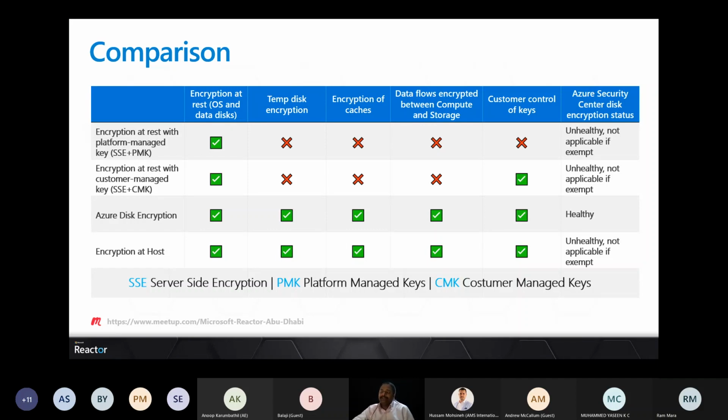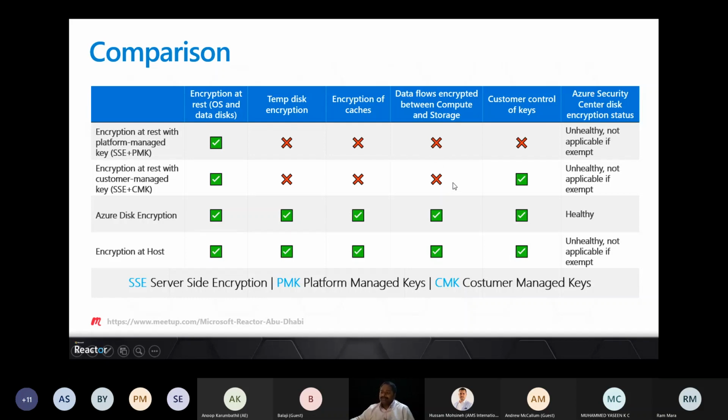Yes, the OS disk and data disks can be encrypted at rest, but not the temporary disks, not the caches, and not the data flow between your compute and storage. That data flow is not encrypted.